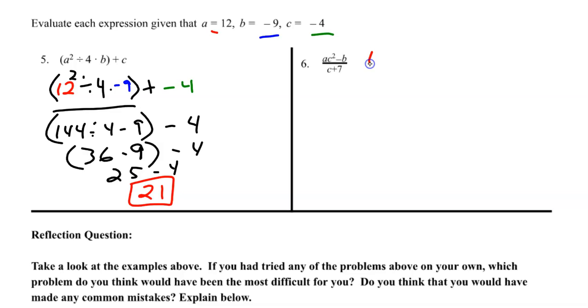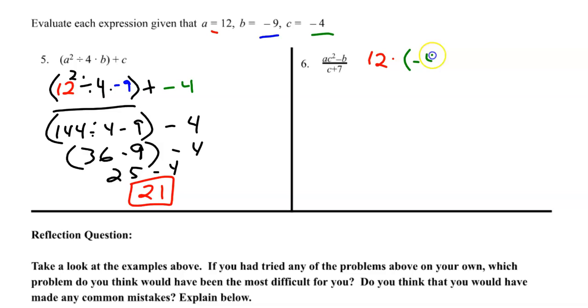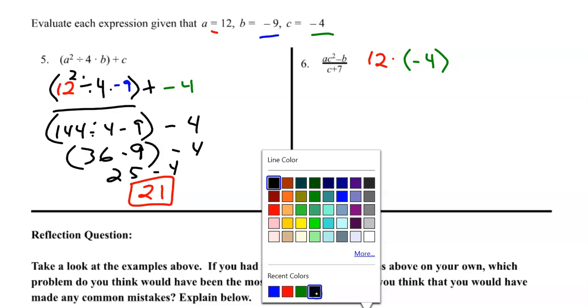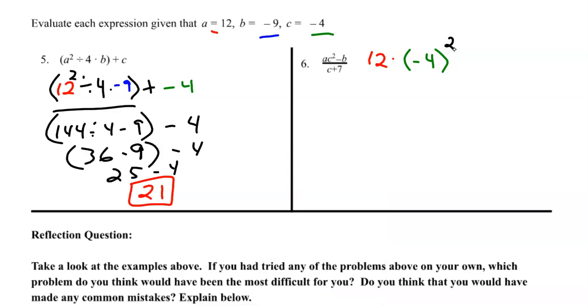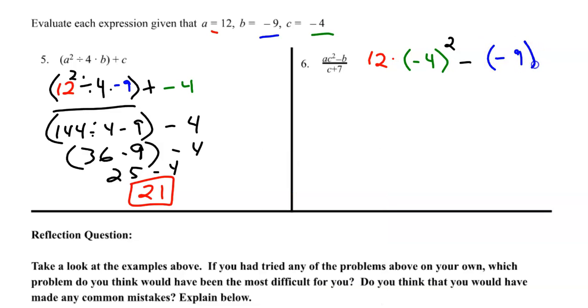I'm going to write the 12, and that's going to be times the C value, which is -4, and I'm going to put that in parentheses just so that I know, because I see what's happening next. I'm going to put -4 in a parenthesis and make sure that I know that all of that negative and the 4 are what's getting squared. And then that's going to be minus our B value, which is -9. So it's minus -9. I'm keeping those separate, the minus and the minus, because it does a funny thing when you have minus minus. And then all of that's going to be over